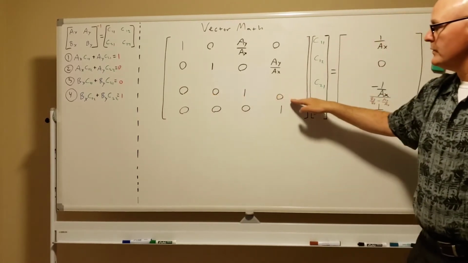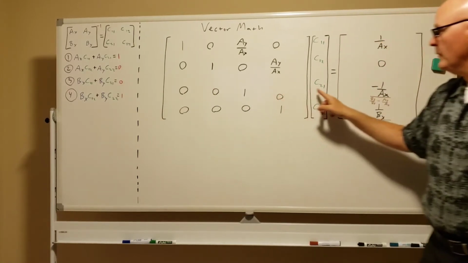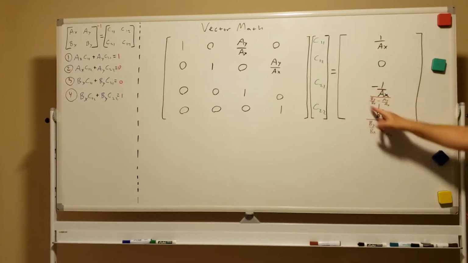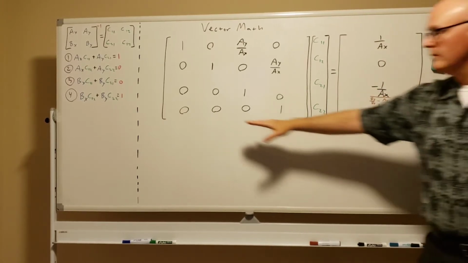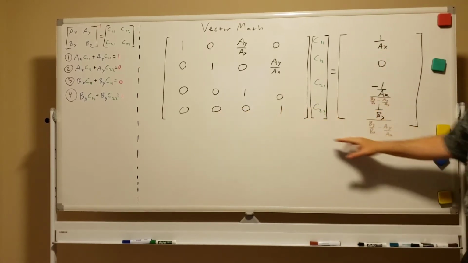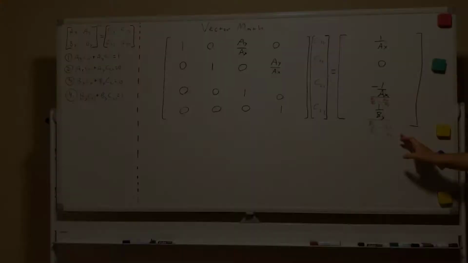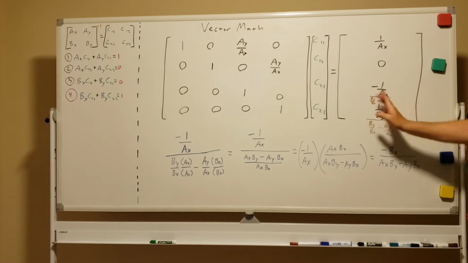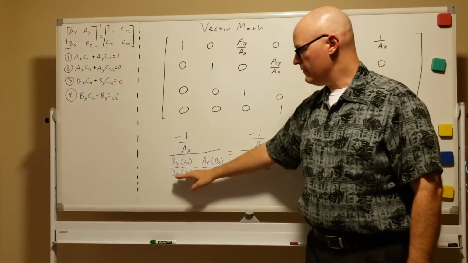These are all zeros, so the only thing I have multiplying is this 1 multiplied by this C21 is equal to this quantity right here. So this is C21. In the same way, this is C22. Simplifying the 3, 1 element, I have